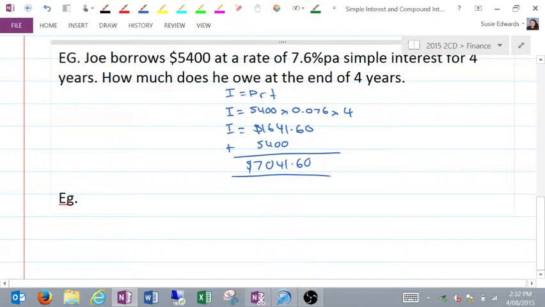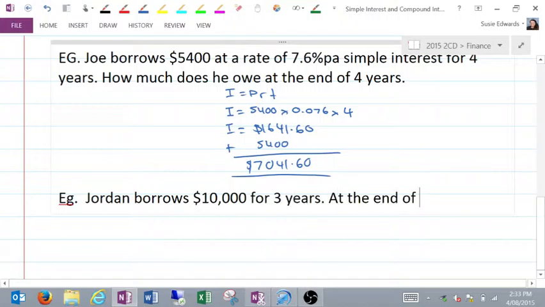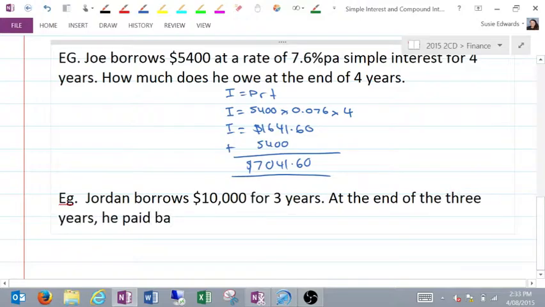What if I said something along the lines of, who wants to borrow money? Me. Jordan. Jordan borrows how much? Just pick an amount. Okay, $10,000 for 3 years. At the end of the 3 years, he paid back $15,545. What was the simple interest